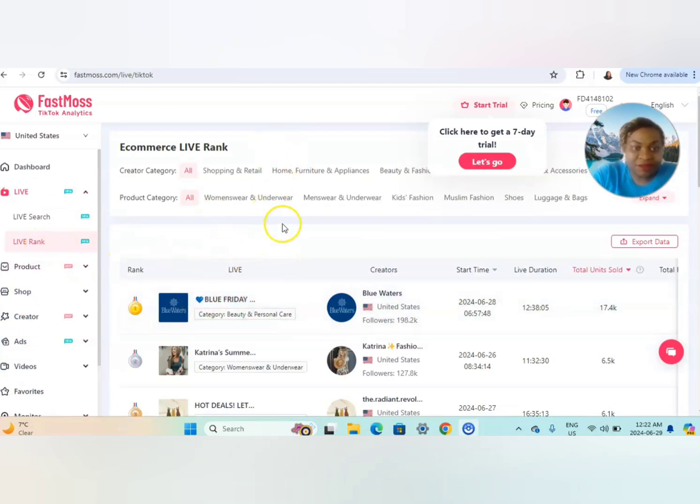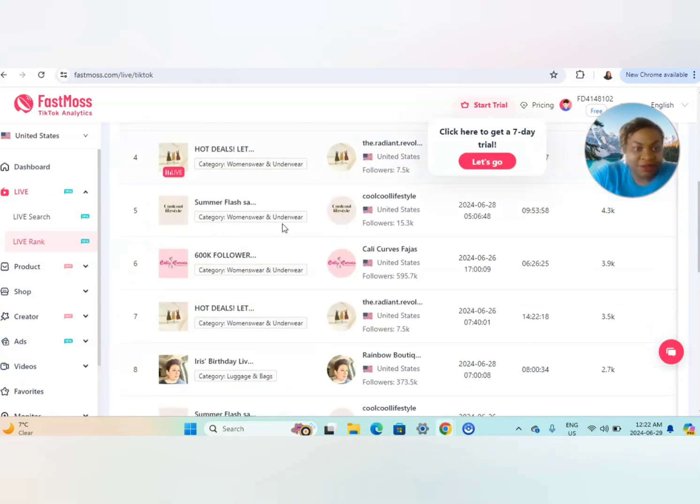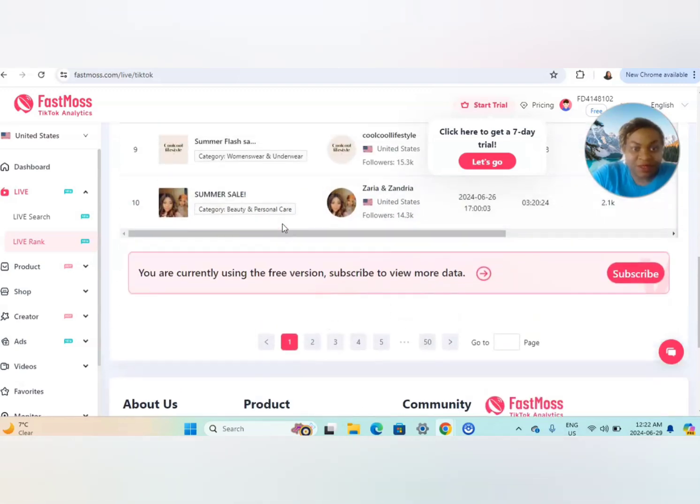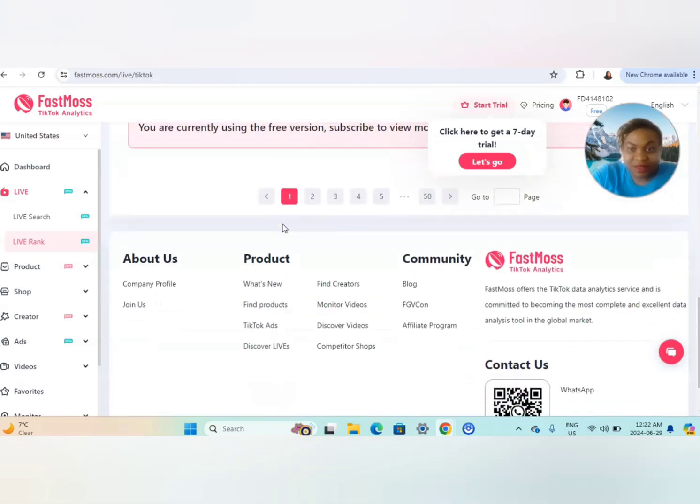As you can see, live rank. These are the top 10, up to 10. And as you can see,